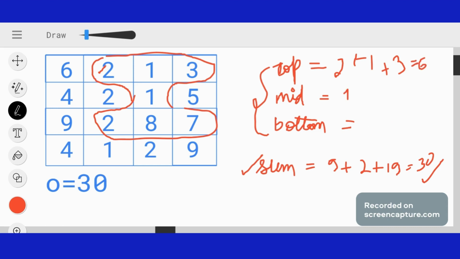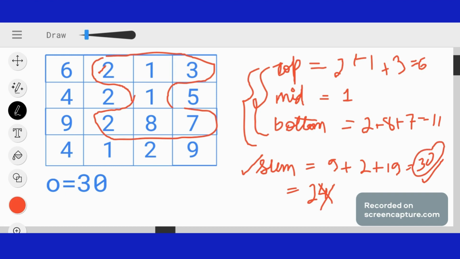The middlemost element is 1. Then what is the bottommost sum? It is 2 plus 8 plus 7. What is the sum? It is 11. Now if you do the sum of these 3, you will get the sum 24. Now is it less than 30 or greater than 30? It is less than 30. So we won't take this as our sum. Our sum will remain 30 because this is the maximum and we are asked to return the maximum sum.